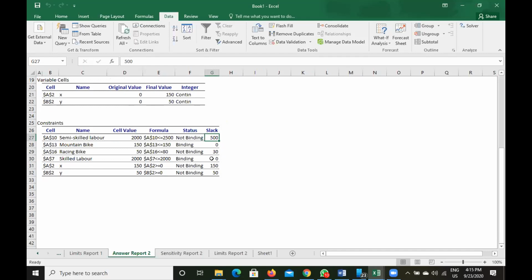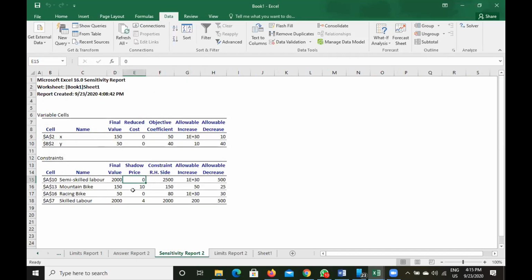This one is a critical constraint: skilled labor. No single extra hour is available. We have 2,000 hours of skilled labor available, and we are using the full 2,000 hours. So this is a critical constraint, and the shadow price of this one is $4 per hour.